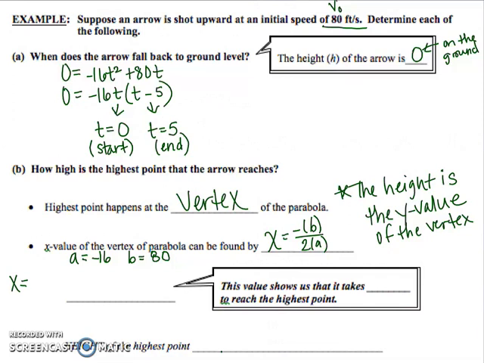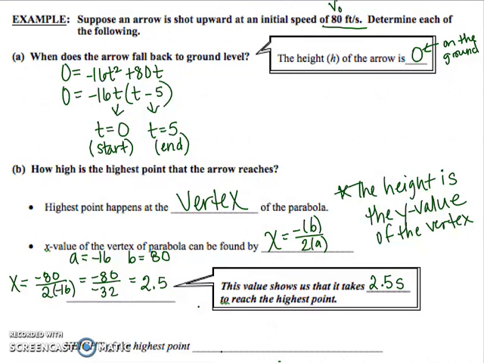So the x coordinate of our vertex is the opposite of b, negative 80, divided by 2 times a, so 2 times negative 16. That's negative 80 over negative 32, which reduces to positive 80 divided by 32. With a calculator, that's 2.5. So it takes 2.5 seconds